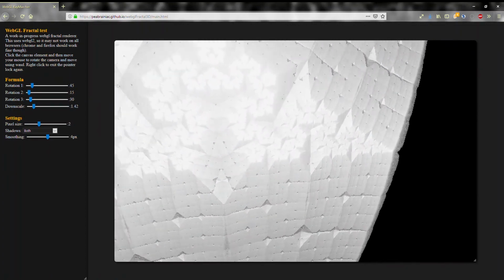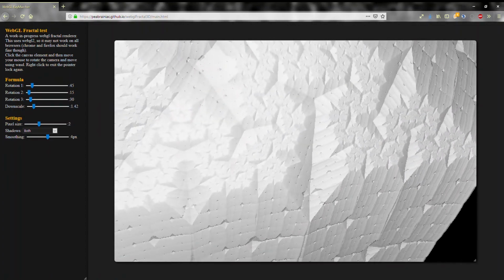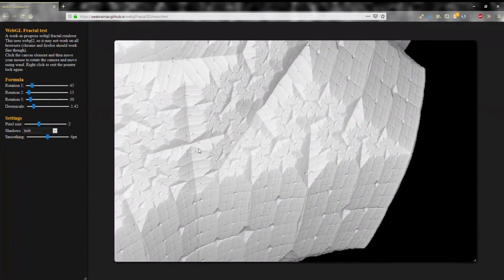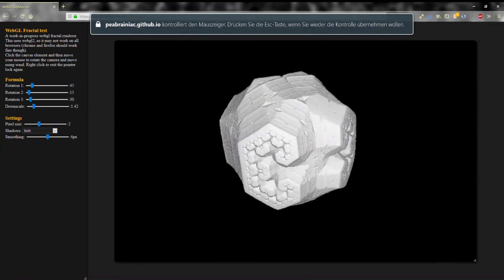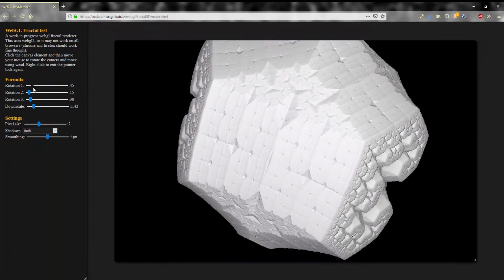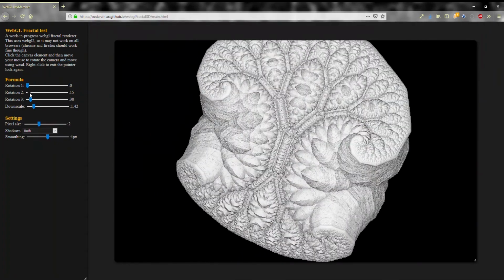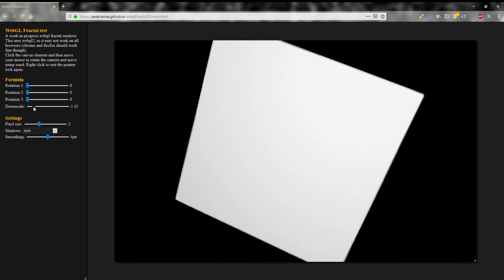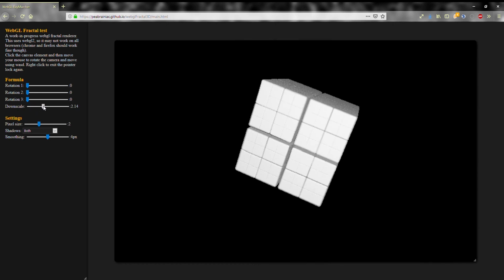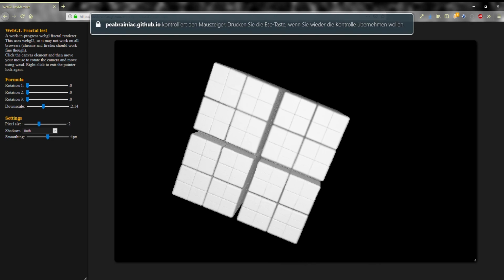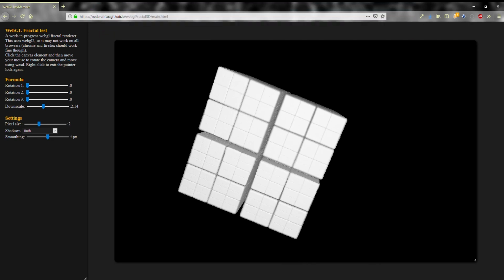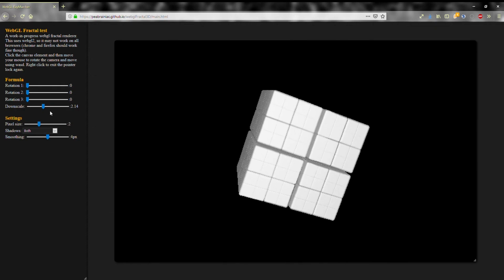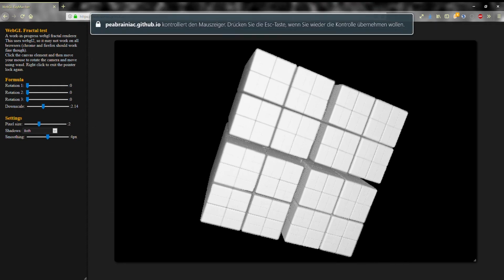I've also made a small editor for the fractal. So if I zoom out again, the way this works is that if I set scale to 0 for a moment, it's basically just like a cube that is made out of 8 smaller cubes, each scaled down by a factor of 2.14 in this case.